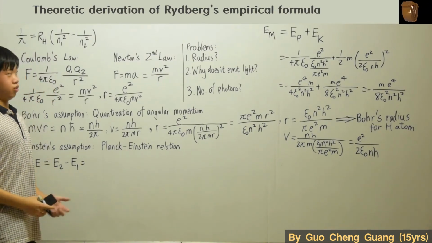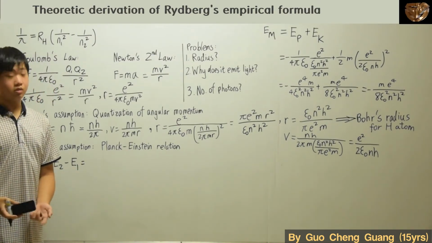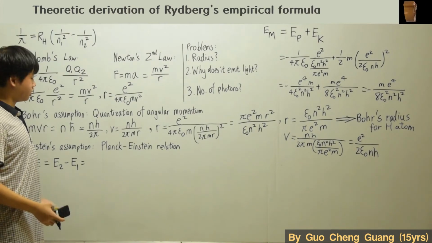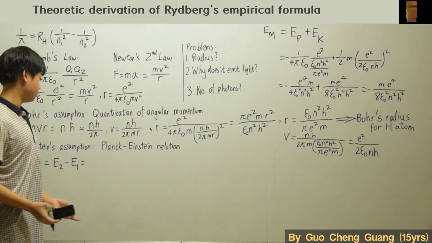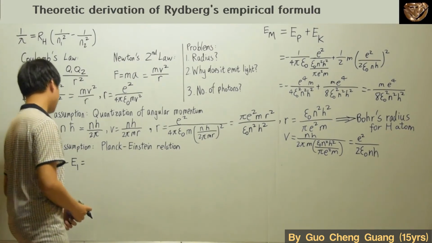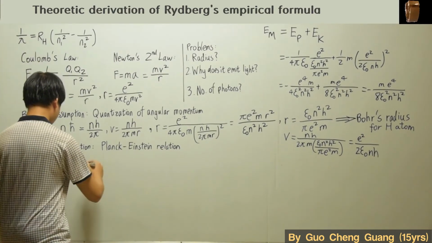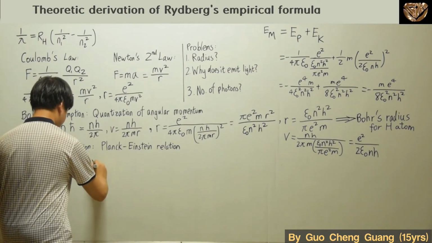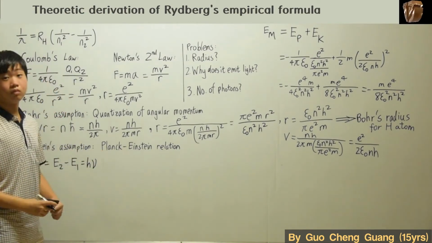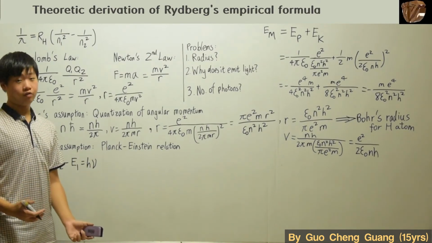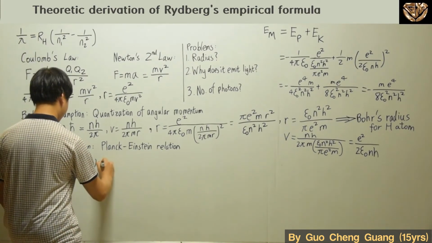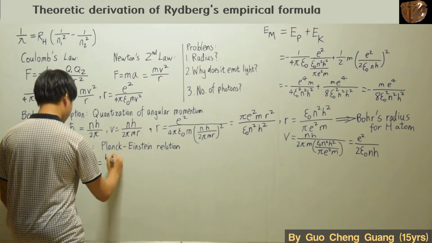So then what's so special about this? So E2 minus E1. Now that is where you have this Planck-Einstein relation. So you can write it as h nu, or you can write it as hf, or you can also write it as hc